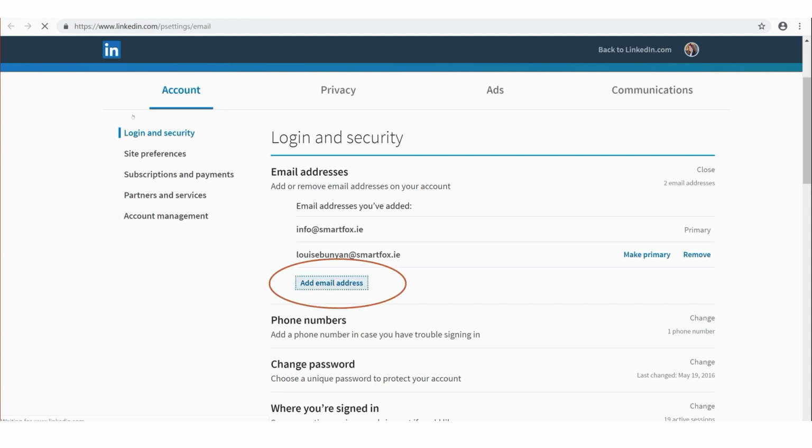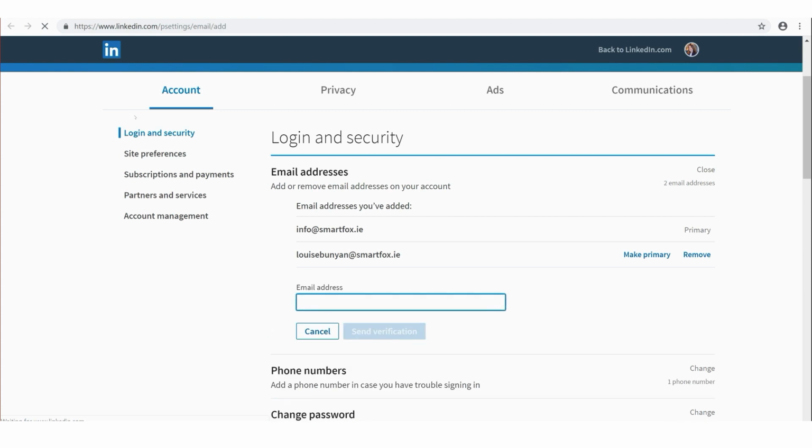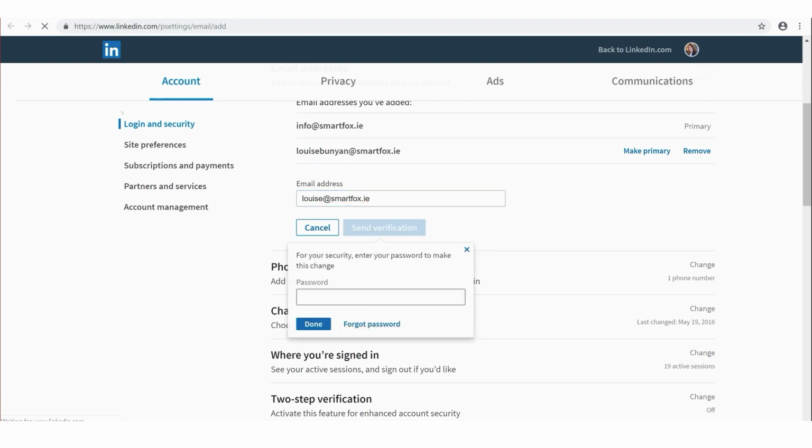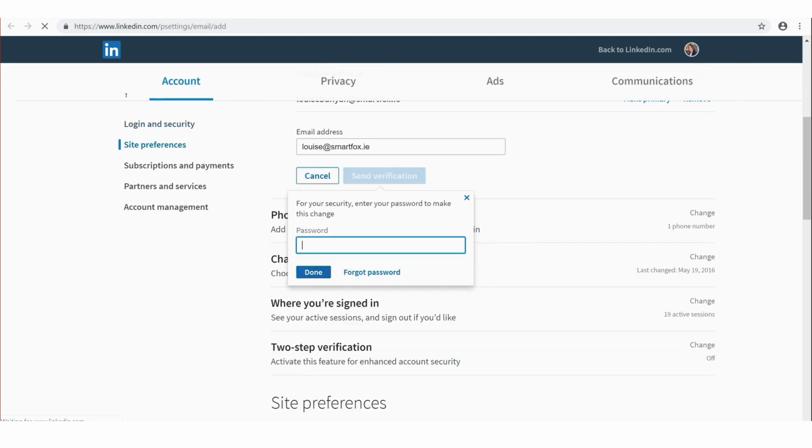So I'm going to click add email address, and just for demonstration purposes, I'll put Louise at smartfox.ie. And what we need to do is send a verification. So when you click on this, you have to look for the password box.